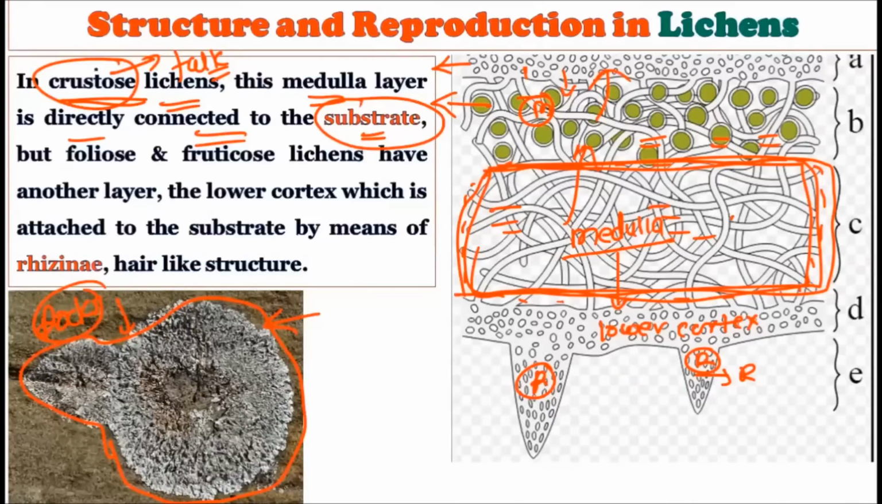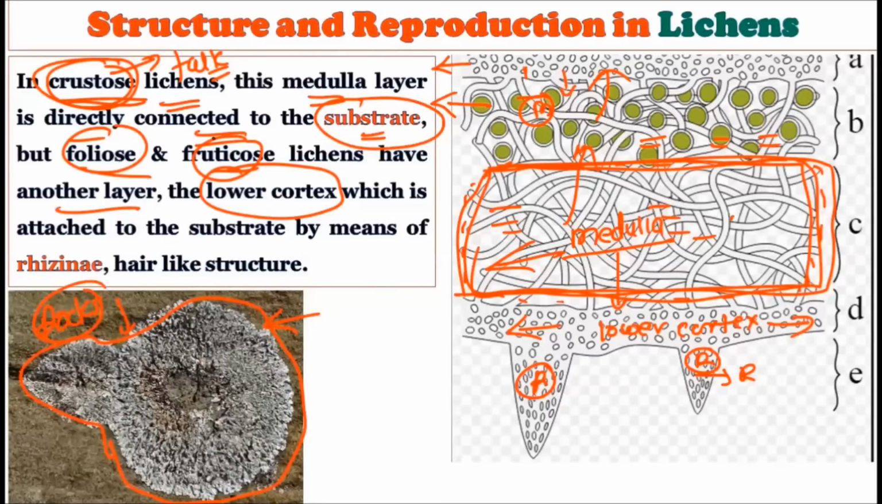So in the Crustose lichen, this particular medulla layer is directly connected to the substrate, but the Foliose and the Fruticose lichens have another layer which is called the lower cortex. So this kind of lower cortex is only present in the Foliose or the Fruticose lichens. Very important. You should be able to differentiate between the Crustose lichen, Foliose lichen, and the Fruticose lichen depending upon